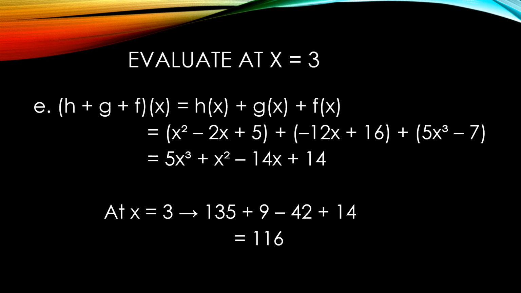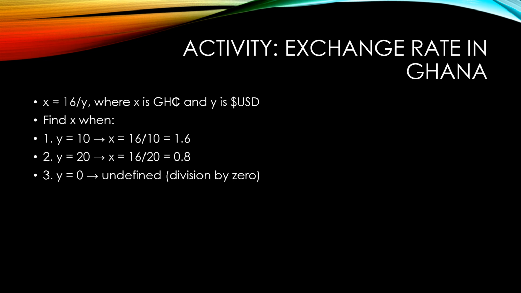So here 3 power 3 is 27 times 5, then we get 135. 3 squared will give us 9, negative 14 times 3 gives us minus 42, plus 21, then that will end up with 116, which is the image for 3. And we can